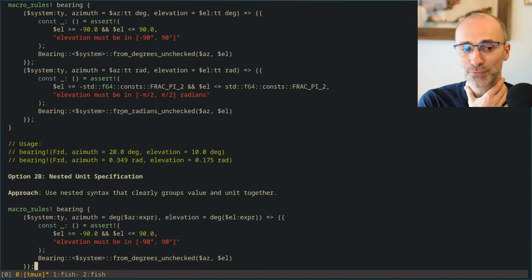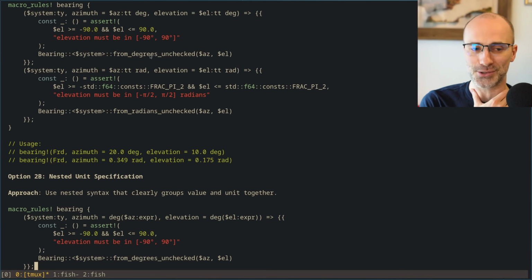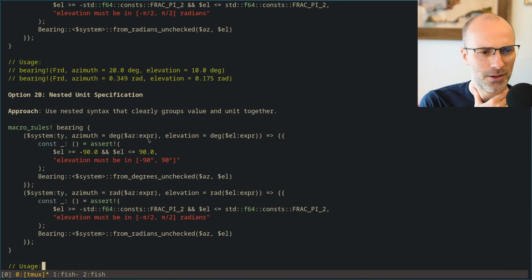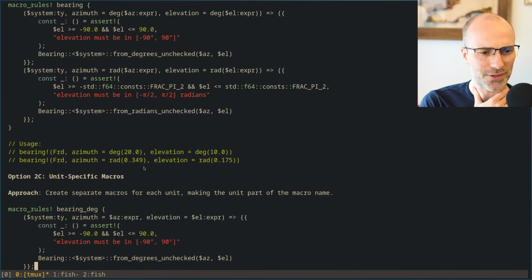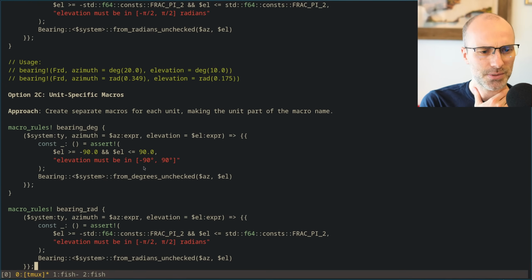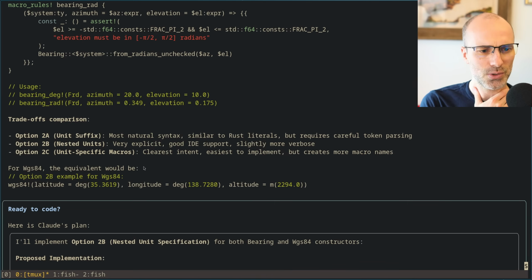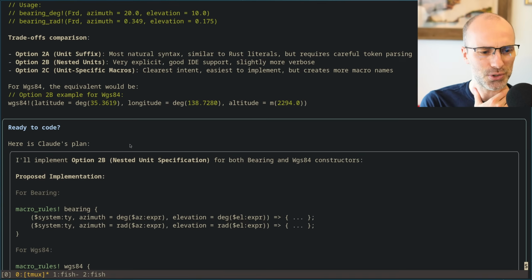There isn't a from radians unchecked and from degrees unchecked, so I don't know where it's planning to get that from. Nested unit specification. No, I think I prefer the suffix. Unit specific macros. No, let's do option 2A. I like option 2A.